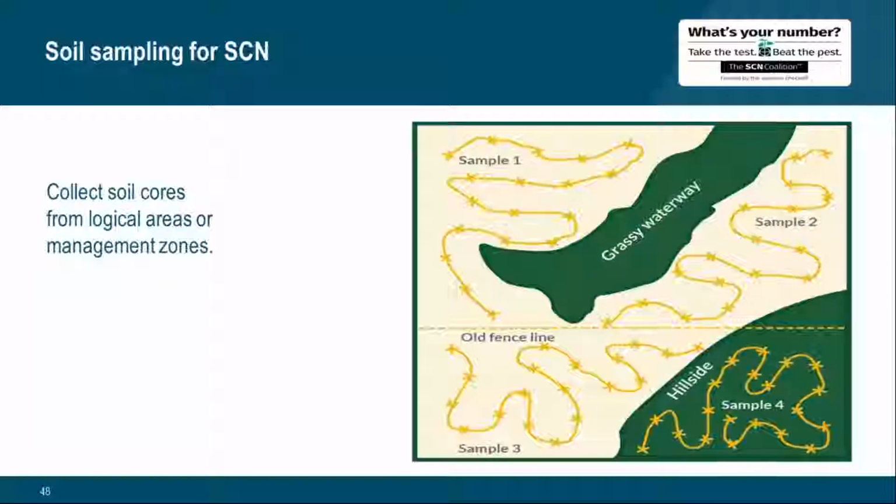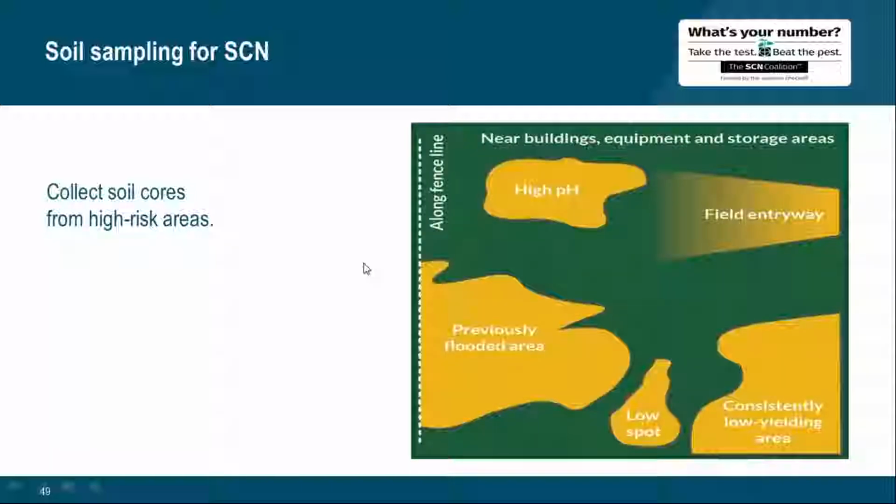You can also, if your system is based on, say, management zones, or your field's irregular, you may want to break it up differently into different areas. In this case, you may want to break it up into 3 or 4 different areas. They're just as acceptable as doing the rectangle earlier. Or ideally, if you're specifically looking for soybean cyst nematode detection, this is another neat way of doing it: